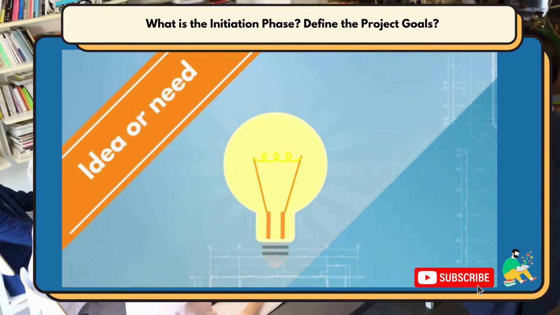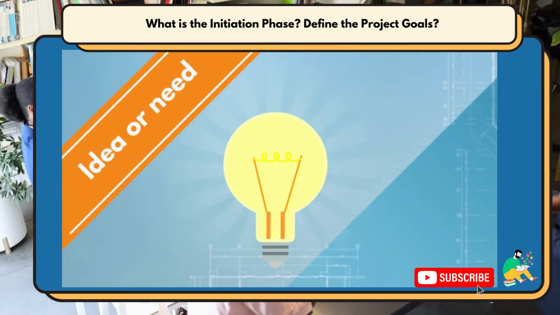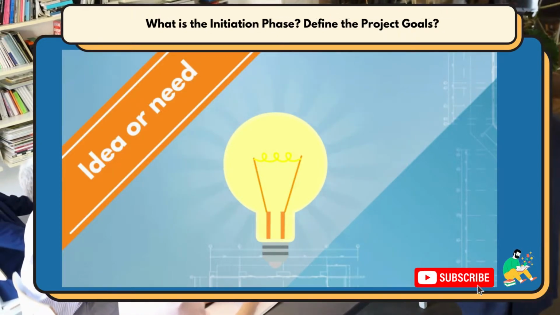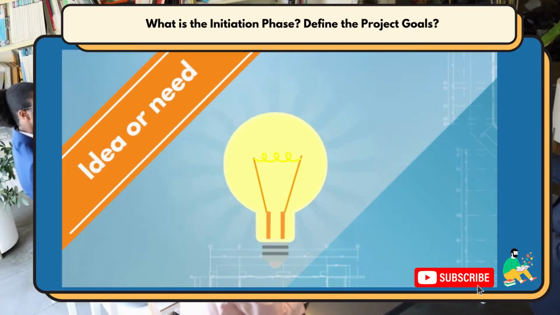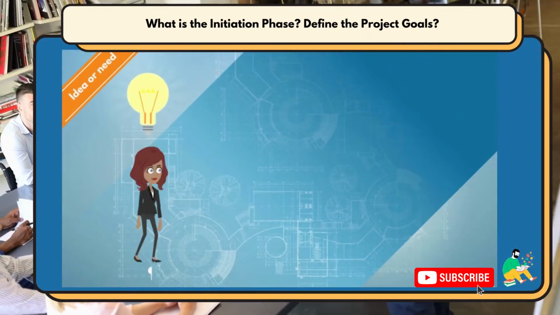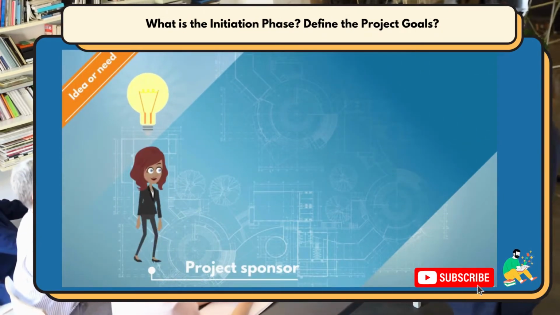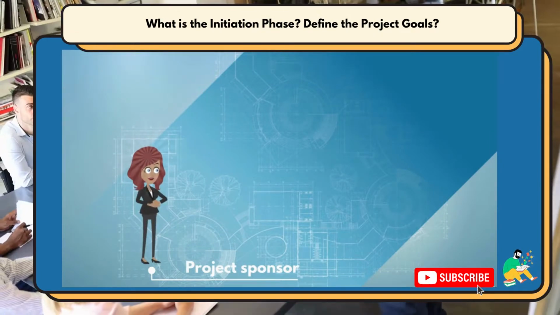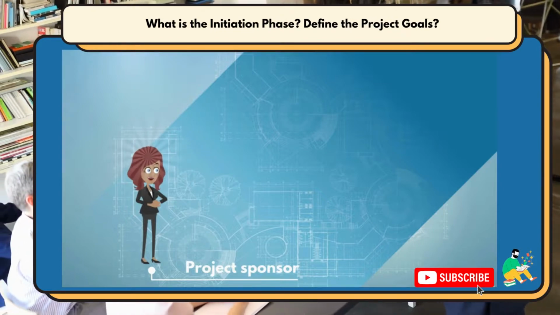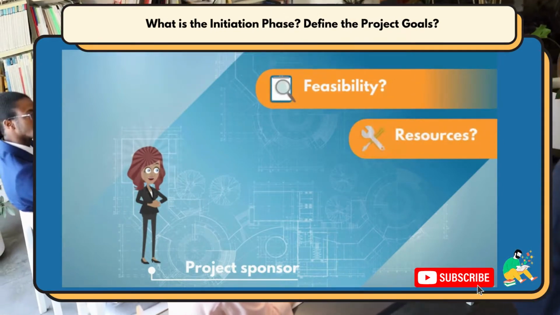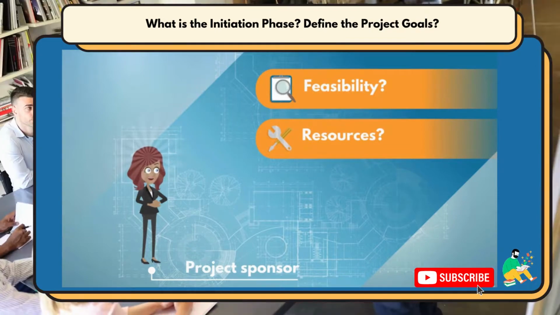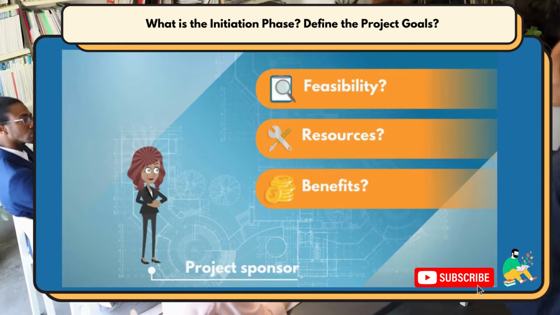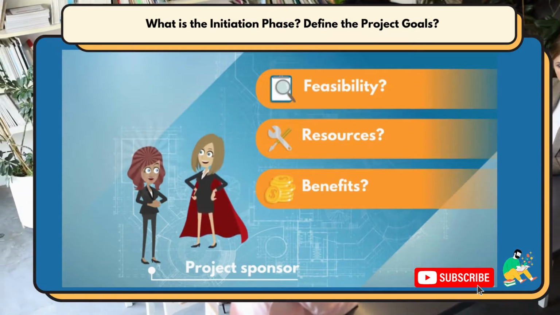So, let's begin with the first stage of our project, the initiation phase. This phase starts with an idea or an organizational need such as the ones we discussed before. And this forward-thinking person or persons who addresses this need is the project sponsor. Their responsibility is to determine if a project can even be executed. Does the organization have the available resources? Will the project deliver the expected benefits? They are also in charge of taking on board arguably the most important person in the project